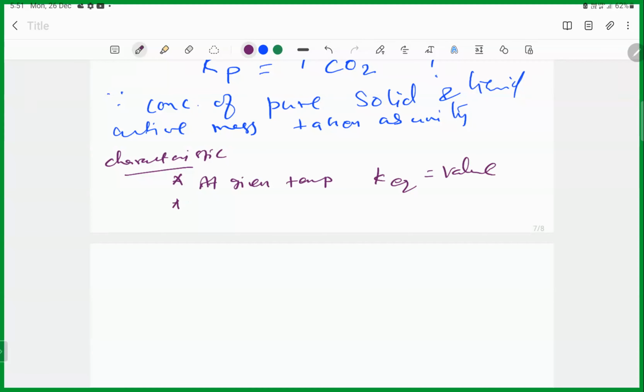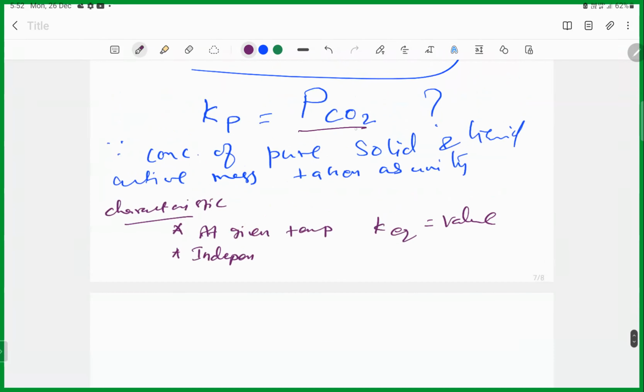And then it is independent of the initial concentration of the reactant and the direction from which equilibrium is attained. That is not necessary. Look here, the partial pressure of carbon dioxide. When equilibrium is reached, we only need to see how it is reached. So it is independent